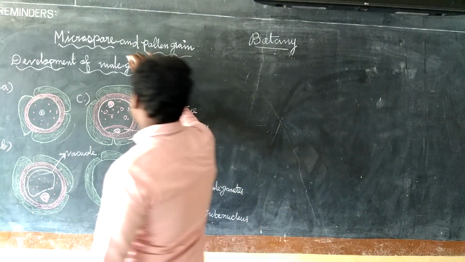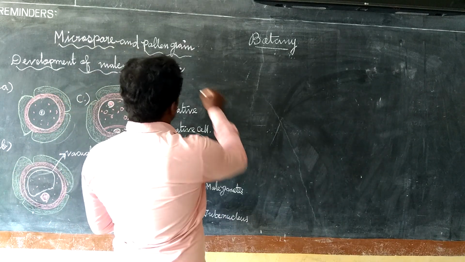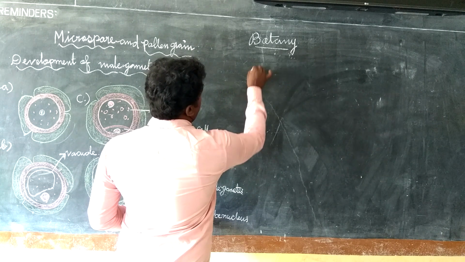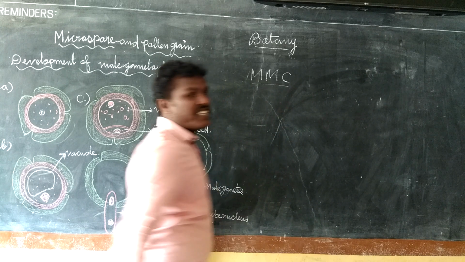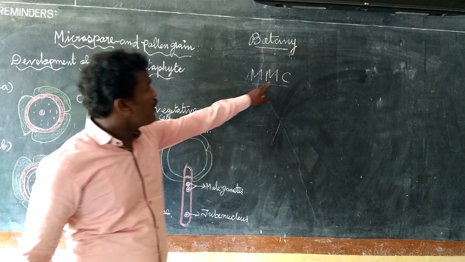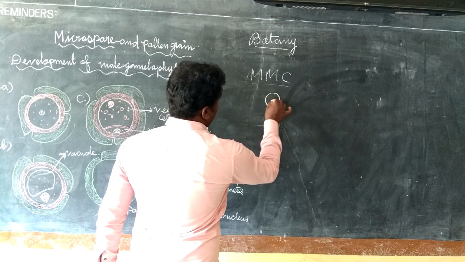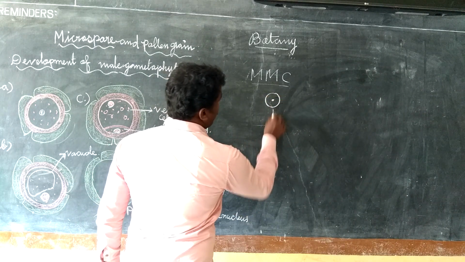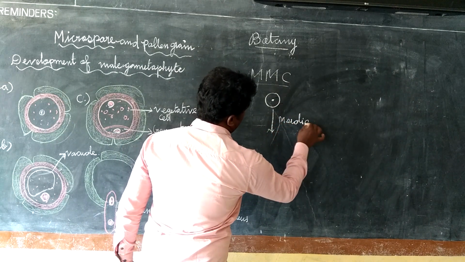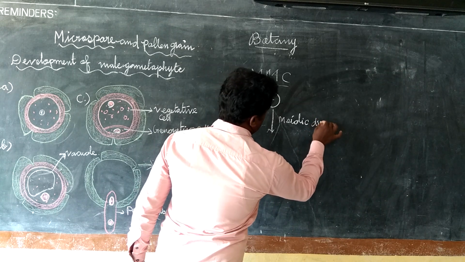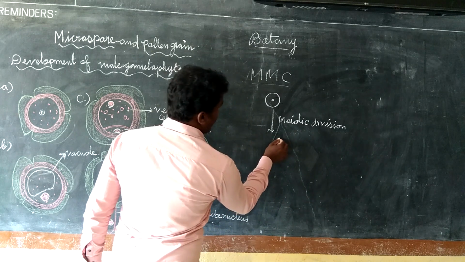What is microspore? Where do we get microspore? We get microspore from the microspore mother cell, MMC. This is a microspore mother cell, which undergoes meiotic division to form